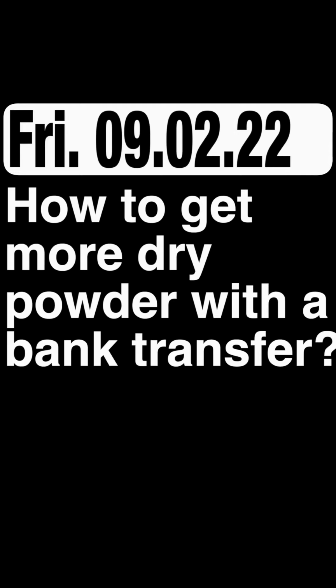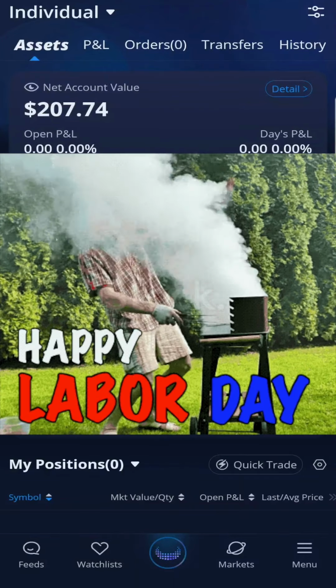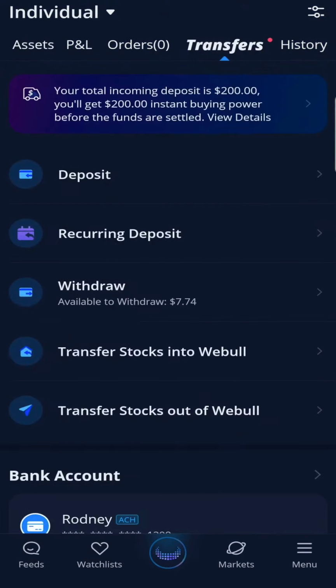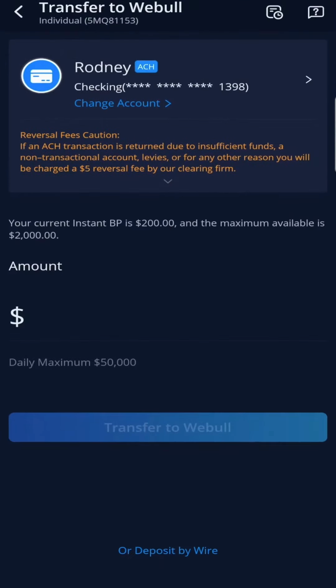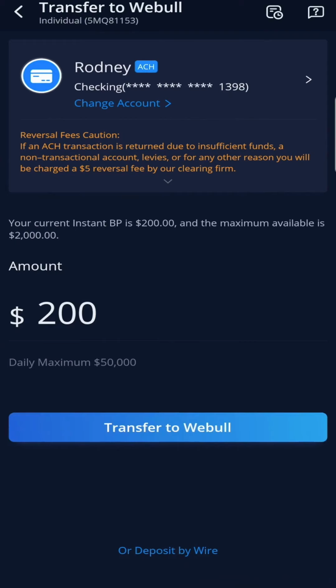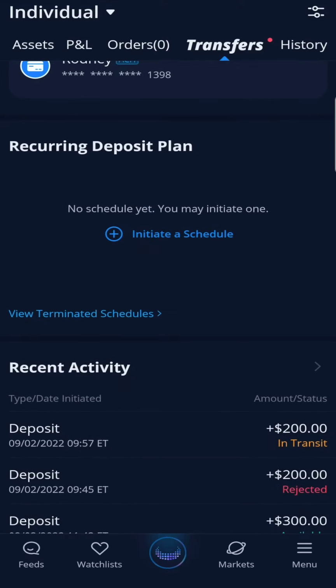How to get more dry powder with a bank transfer? This Monday, September 5th is Labor Day, so the stock market will be closed. Anyhow, I did a deposit of $200 by bank transfer. First select the Webull icon down below. Next, to transfer from your bank, select the Transfers tab from up above. Enter deposit and the amount you want to transfer, in my case it was $200. You can scroll down and see under recent activities that I made a deposit of $200, but it is in